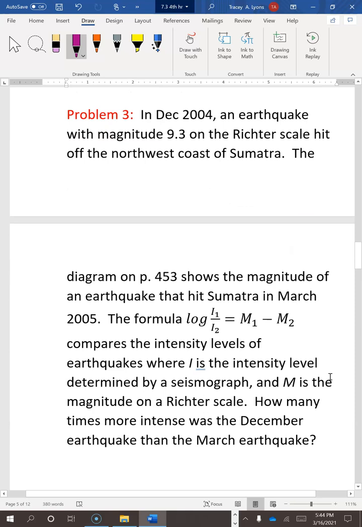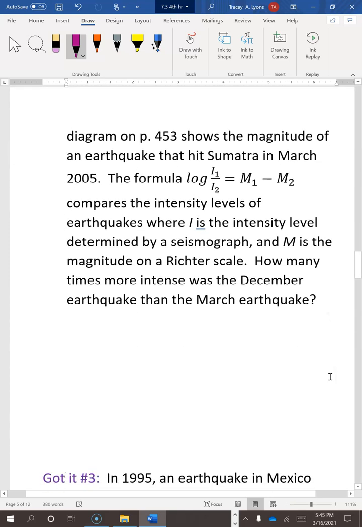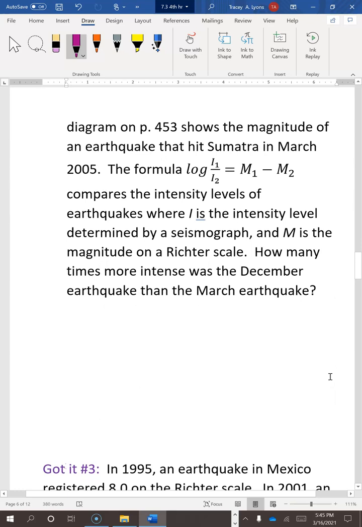Our next problem, problem number 3. In December of 2004, an earthquake with magnitude 9.3 on the Richter scale hit off the northwest coast of Sumatra. The diagram on page 453 shows the magnitude of an earthquake that hit Sumatra in March of 2005. The formula,